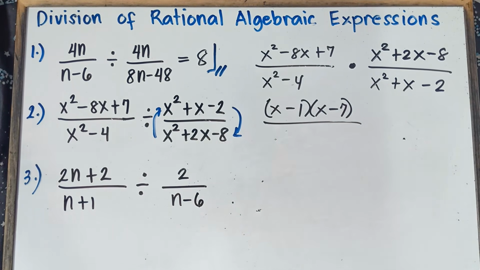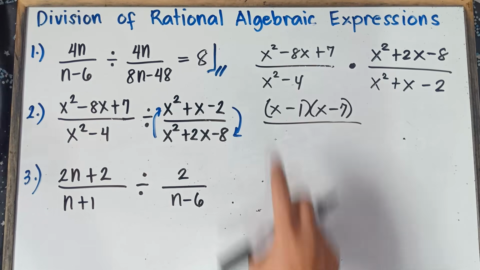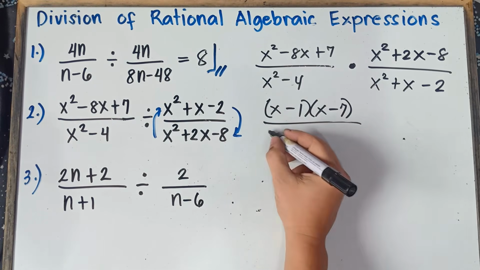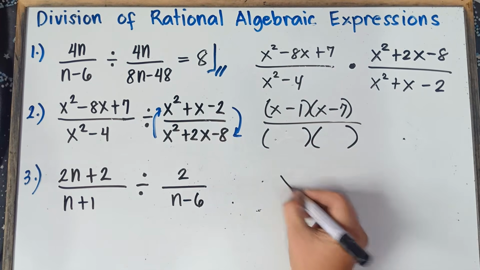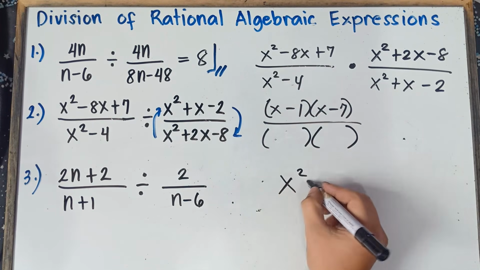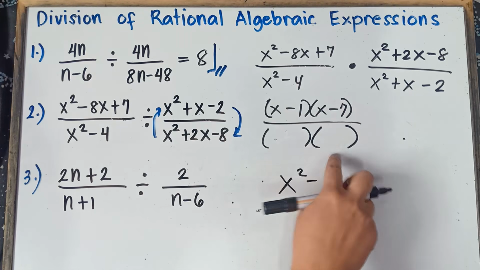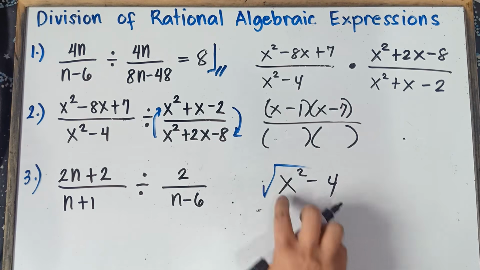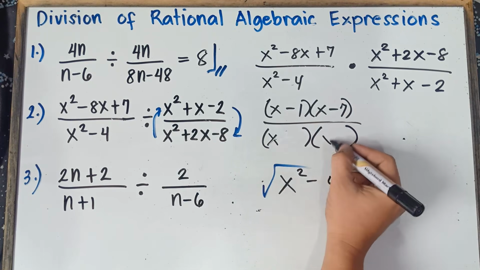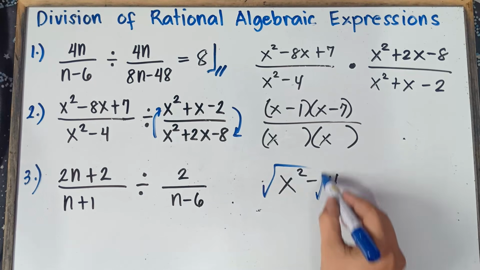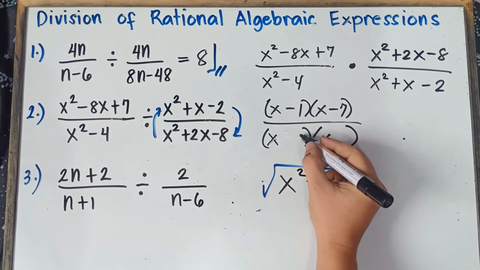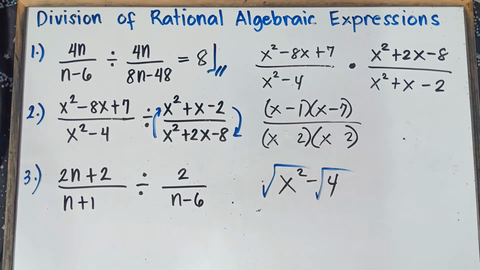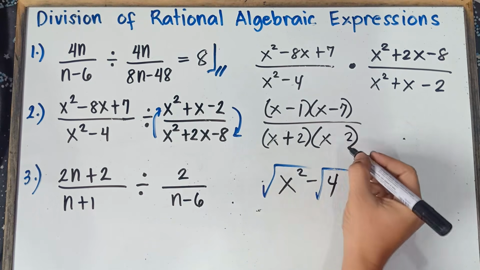Alright, and then this one, the difference of two squares. X squared minus 4. So you put 2 parentheses. To get the factors of x squared minus 4, simply put 2 parentheses and then simply get the square root of the first term, the square root of x squared, that would be x. So you put 2 x's. Simply get the square root of the last term, the square root of 4, that would be 2. So you put 2 2's and then put plus and then minus sign.